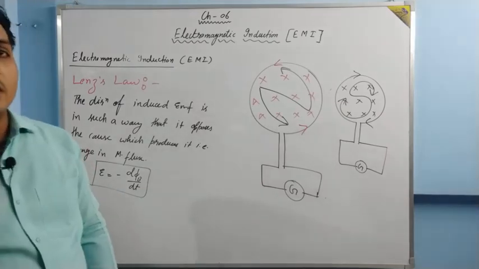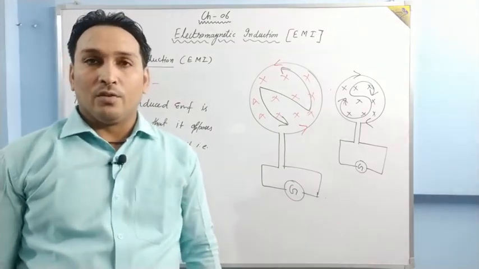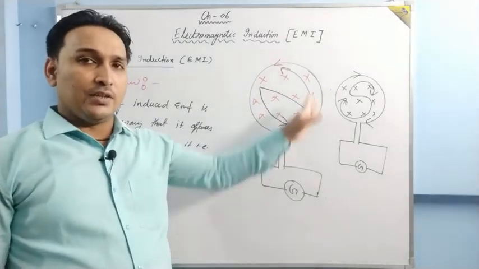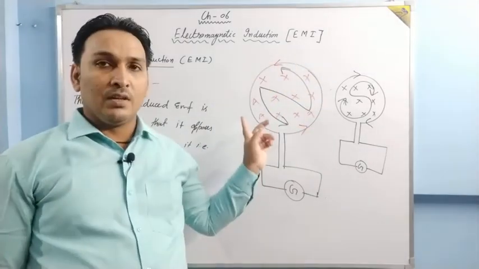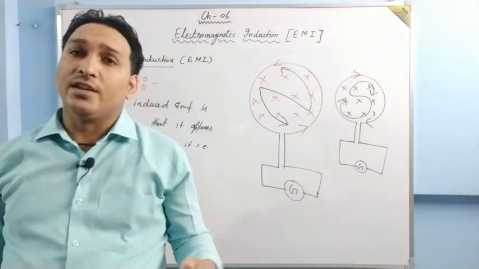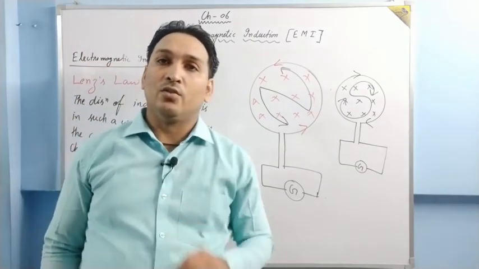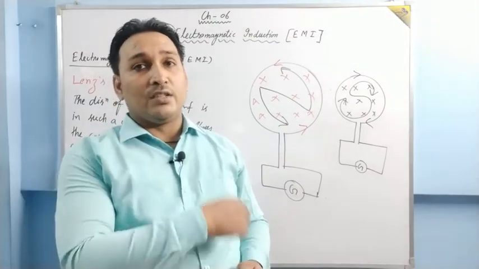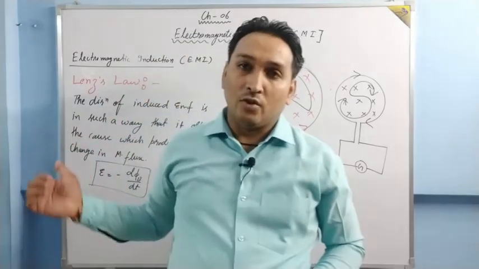We'll discuss some more examples in the next lecture. One homework I am giving you. The charges were already there in the loop, but they start moving in a particular direction. It's simply for the current, they start moving in a particular direction. They need energy. From where does this energy come? This is a homework. From where does this energy come, so that the charges are moving in a particular direction? This is your homework. This is your Lenz's law.